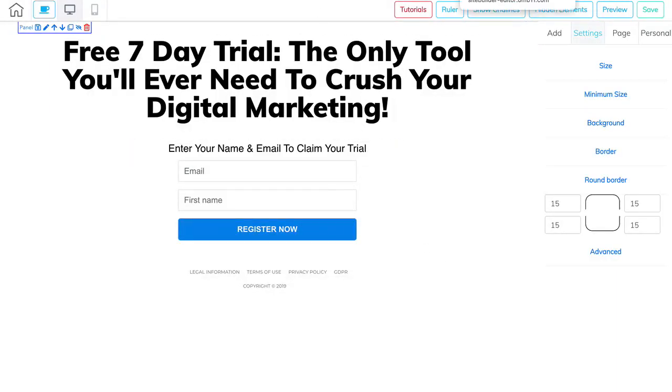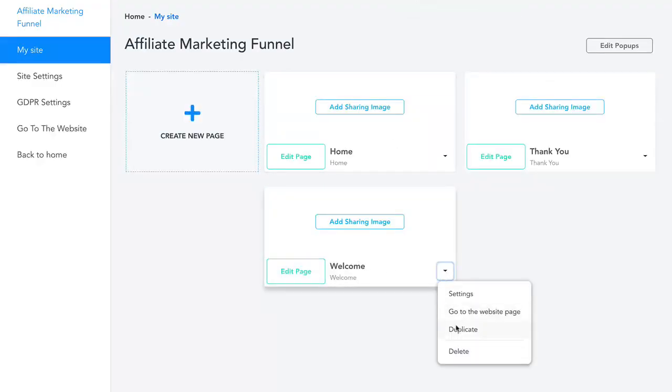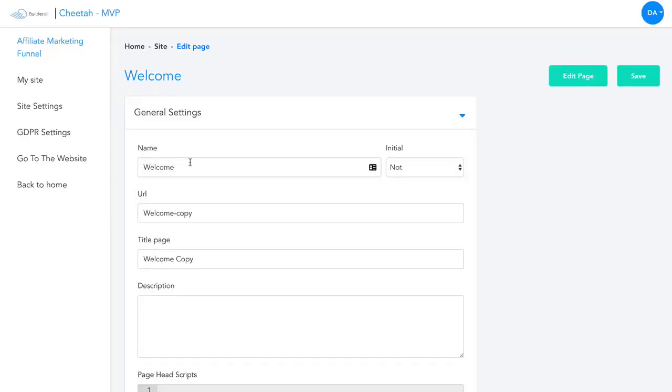I'm going to close out of this, and I'm going to duplicate this. So the reason I'm going to duplicate this is, look, from font to font, page to page, it's important that, it's super important actually that